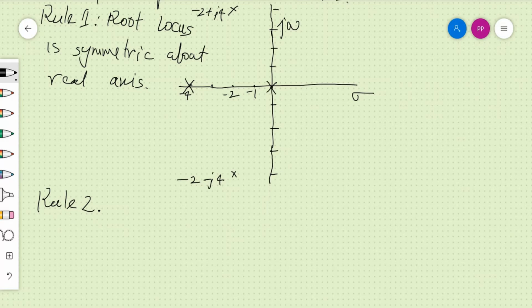Therefore the number of branches terminating at infinity is equal to the difference between the number of poles and zeros. That is important, because for a causal system the number of poles should be either equal to or greater than the number of zeros, while for a stable system it should definitely be greater. That is, the number of poles should be greater than the number of zeros if we want an asymptotically stable system. So the number of poles and zeros will give the idea of whether the system is causal and asymptotically stable.